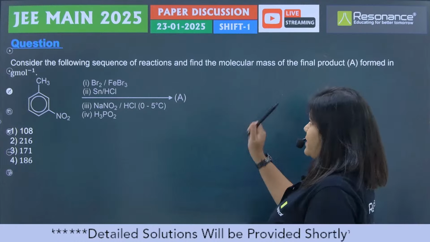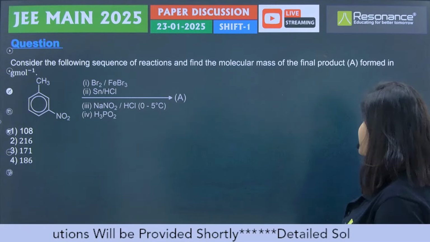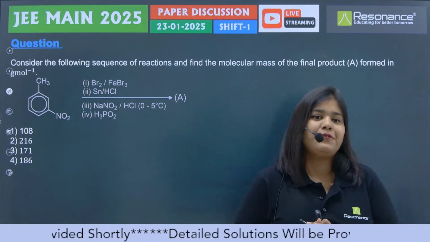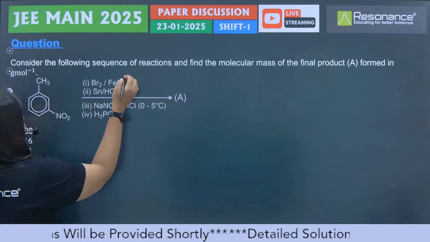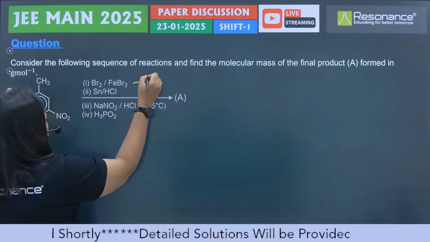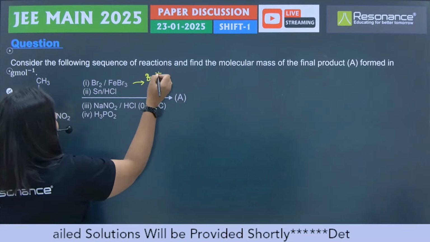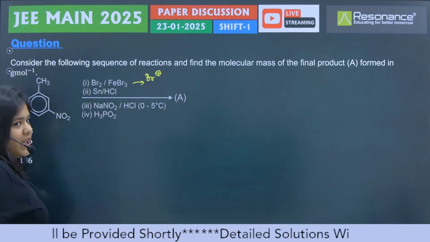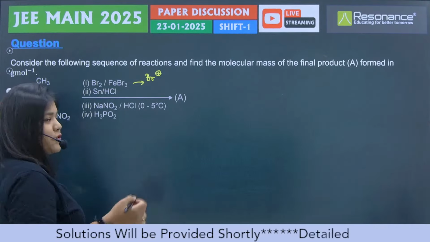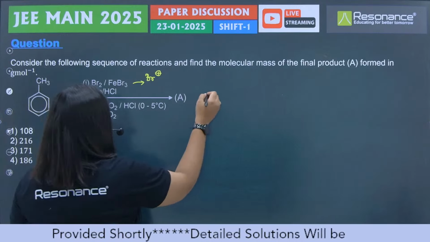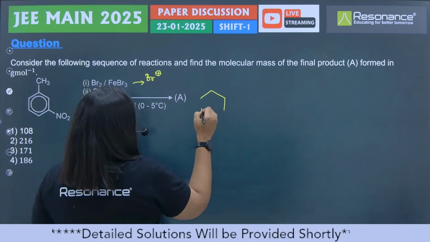Consider the following sequence of reactions and find the molecular mass of the final product. Let's see what the final product will be. Br2 with FeBr3: the first reagent is going to give us Br positive, so we are going to do an electrophilic substitution reaction. Basically first it will give me